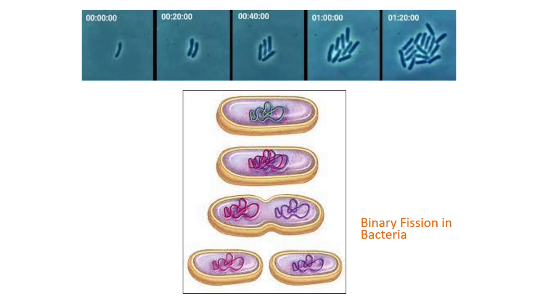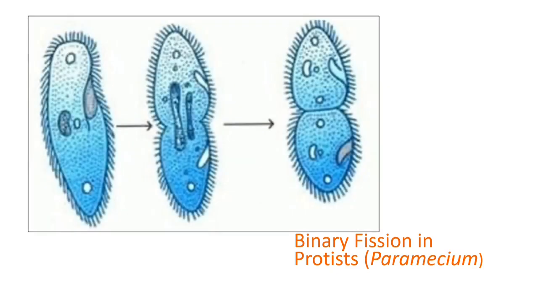Okay, so binary fission in bacteria would be the asexual method of reproduction for these kinds of organisms. Now, aside from the bacteria, let's look at another microorganism. How about the protist? Now, the paramecium, which is a member of the protist kingdom, also undergoes binary